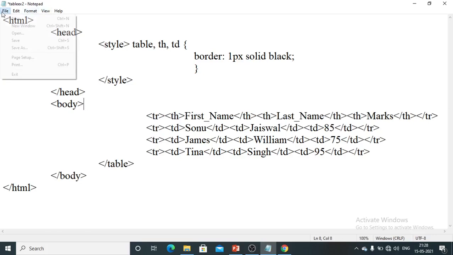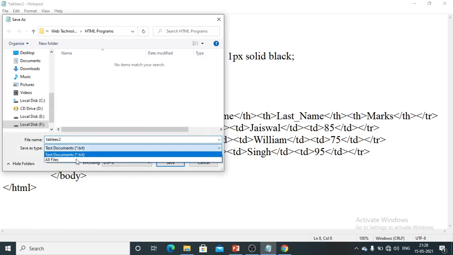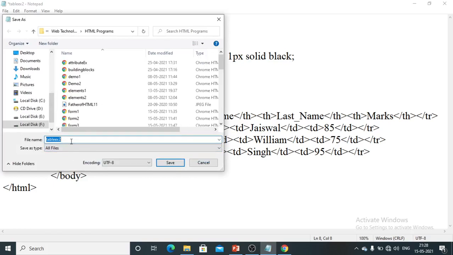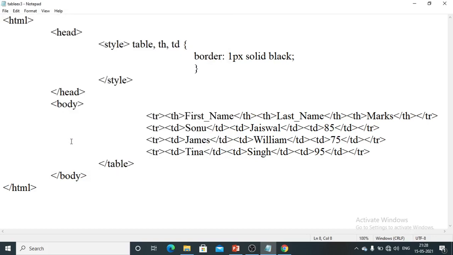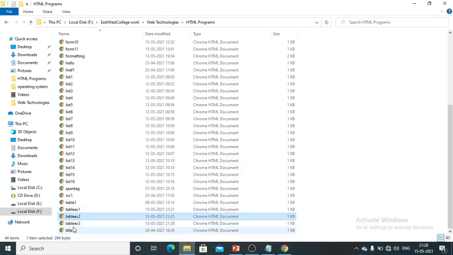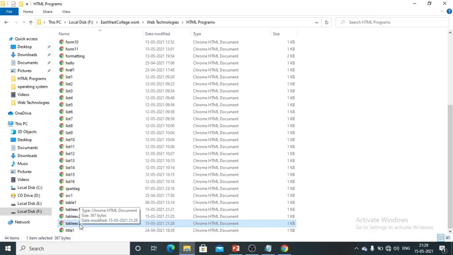I will save this file now, go for all files, table example 3.html, press save, then go to the folder where your programs are available. Here you have your table example 3. Double click on it and check it out.